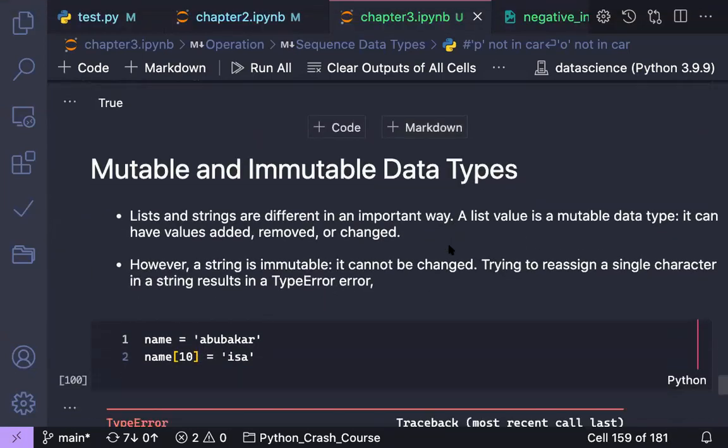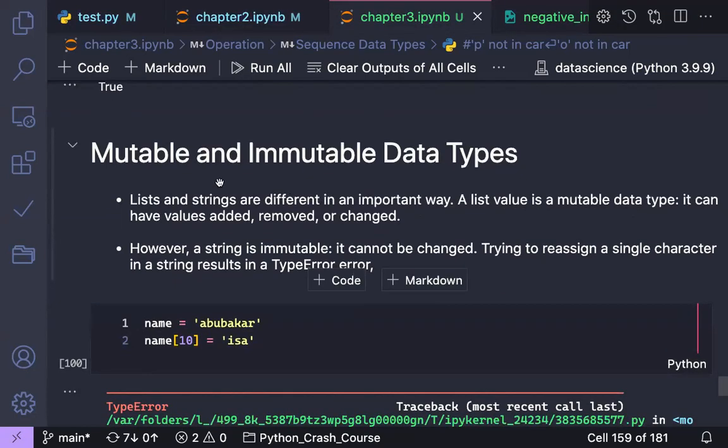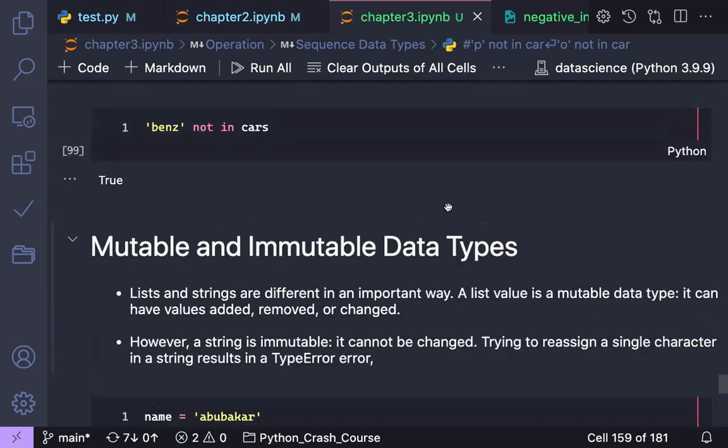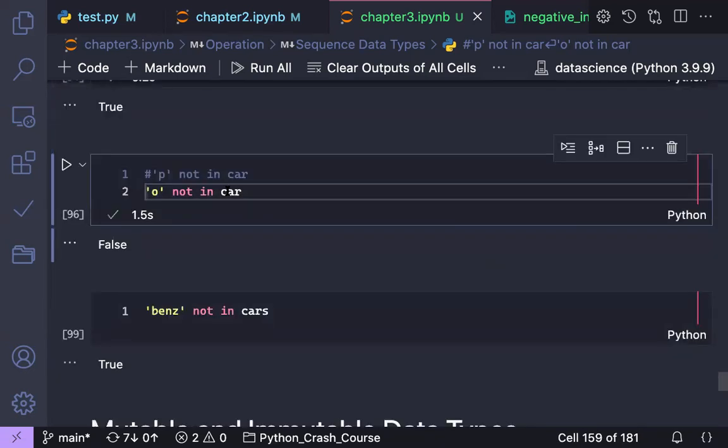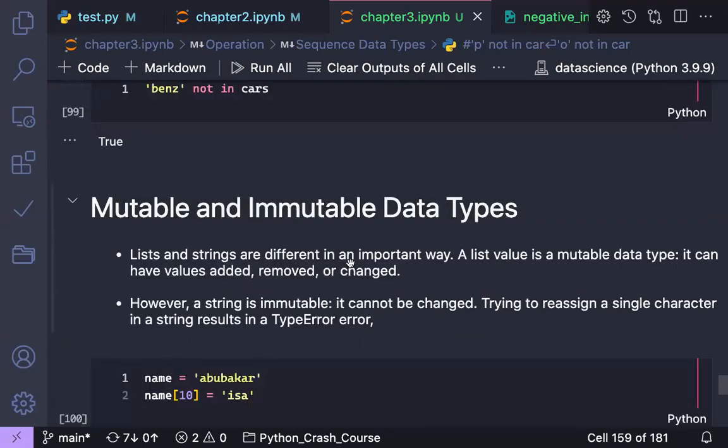Finally, we have a few minutes, we are 6 minutes ahead, but let's quickly finish. Mutable and immutable data types. So we have what is called mutable and immutable data types. What do you mean by mutable and immutable? List and string are different in important ways, but here we see that list and string are somehow similar, right? Because some of the operations on list can be done on string,